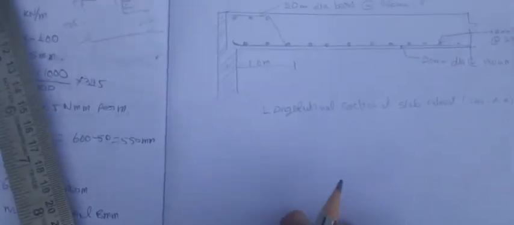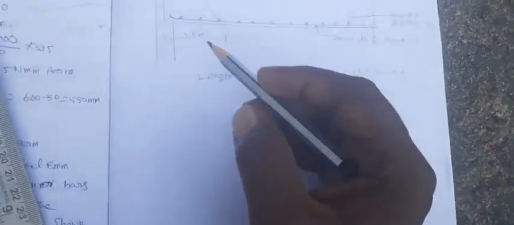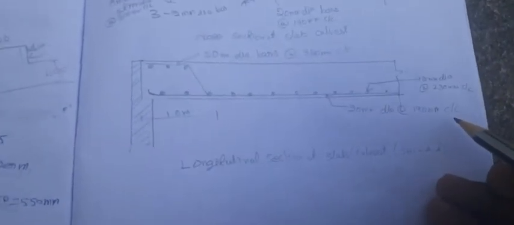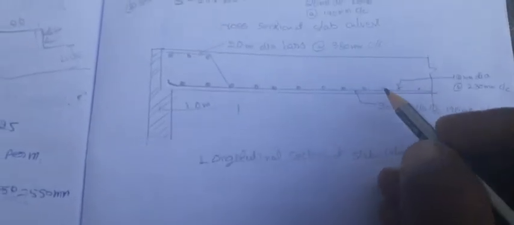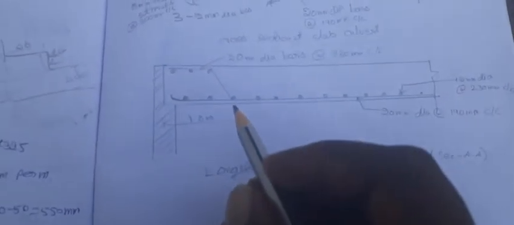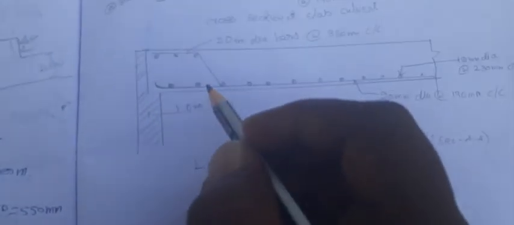So next is the longitudinal section for this slab culvert. So I am cutting the section at portion A and A like this. So in this direction it has main reinforcement of 20 mm diameter. The main reinforcement is the bottom reinforcement, so 20 mm diameter bars at 190 mm center to center we have provided. Like this, the dots show the distributor bars. The distributor bars we know are 12 mm diameter bars at 230 mm center to center, in this direction. So it is an anchor cranked bar. Cranked bars are used, alternate bars are cranked.